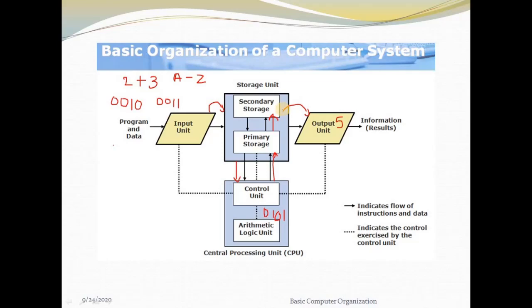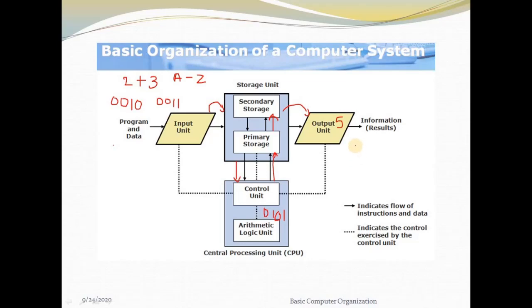and then the output device is connected through the secondary storage device, and the output unit actually gets the information in terms of zeros and ones only. But what the output unit has to do now is convert the result present in zeros and ones into a human readable format. It converts 0101 into the result 5, and then it produces the result on the terminal, or we can take a printed copy, depending on the type of output device we are using, or on how the user wants to get the results from the computer.